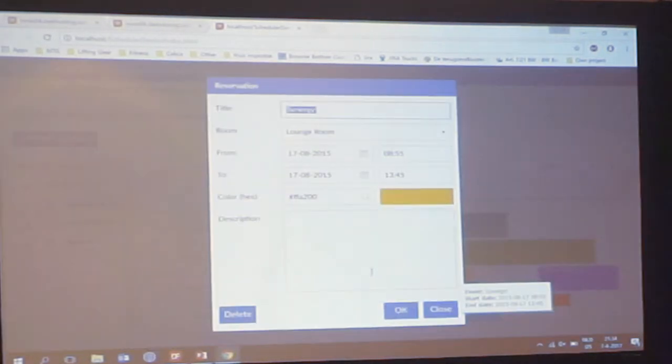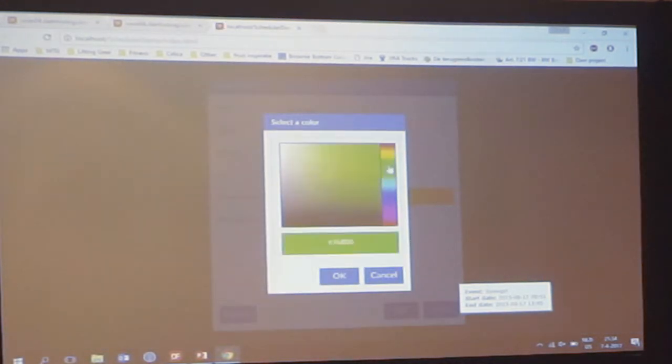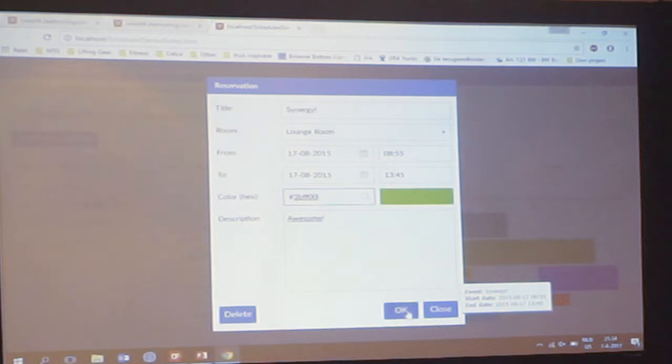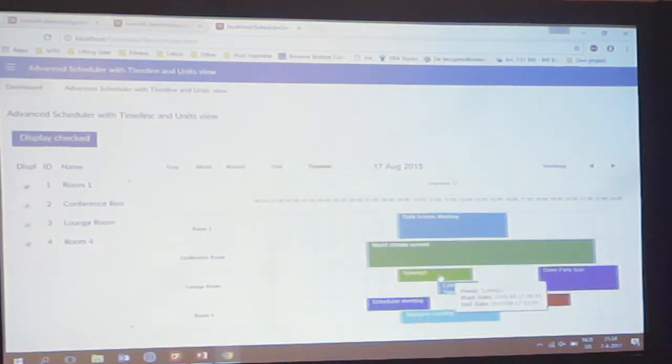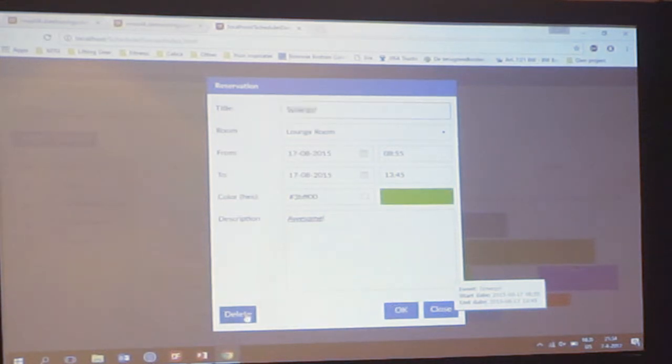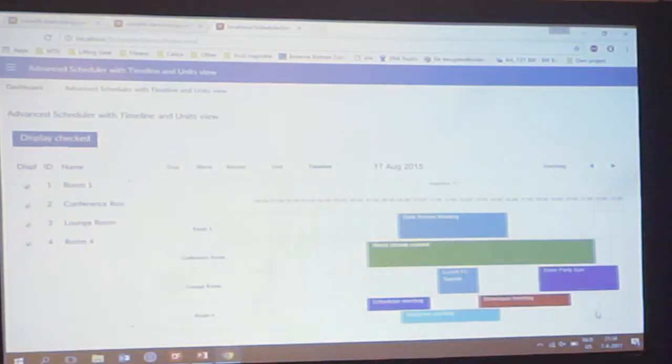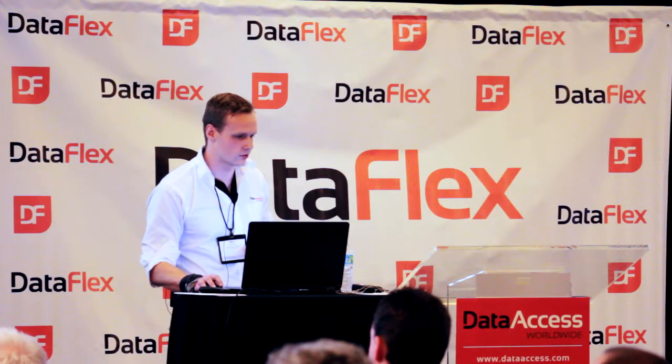Now, I can double-click on an event. I can add a description, for example, or maybe change the color, make it green, very green. And I've just updated that event again. If I don't want this event anymore, I can double-click on it again, get the pop-up, click delete, and we've just removed this event from our scheduler. And this all is also reflected inside the database. So to show you that,